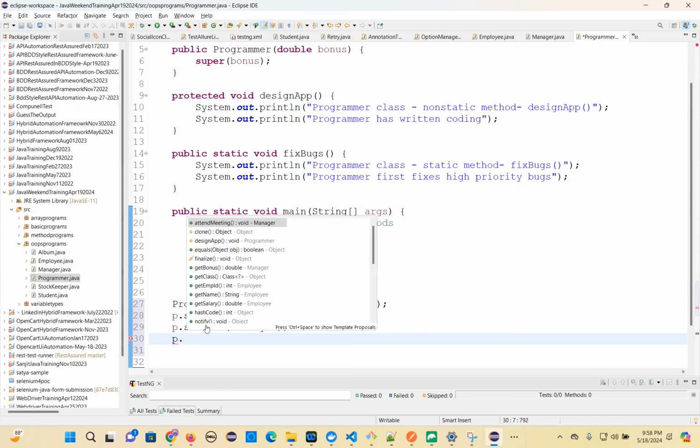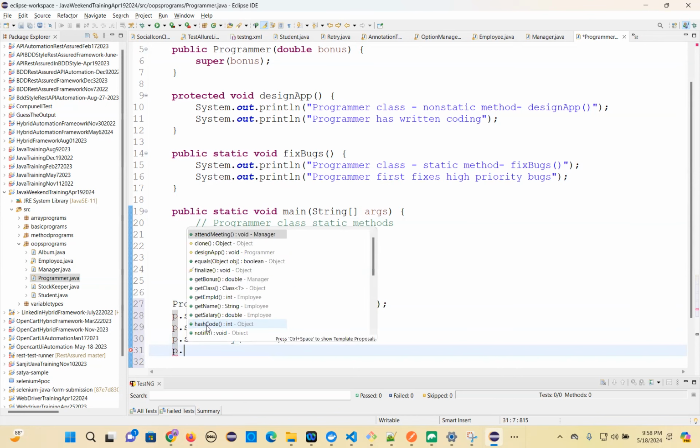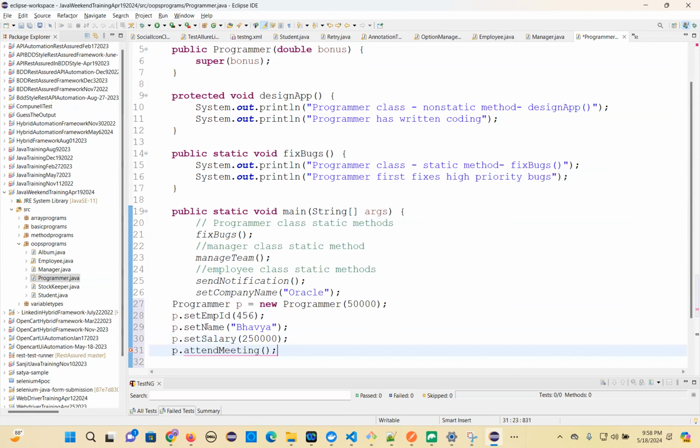So P dot set salary, and you can take it. Okay. So next, what else do you have? Attend this meeting, right? That's from manager class. So you have here P